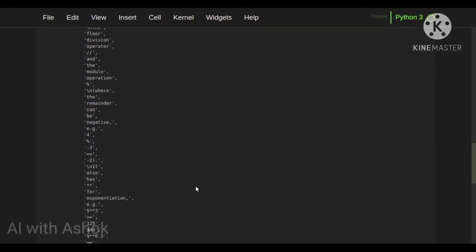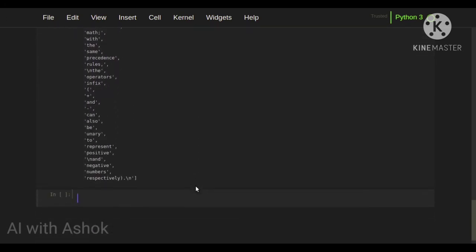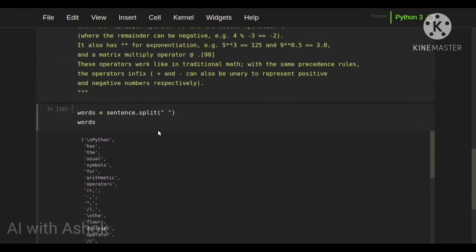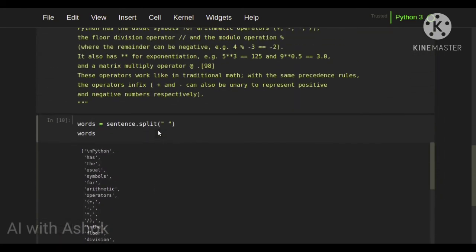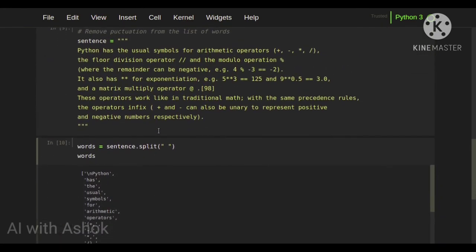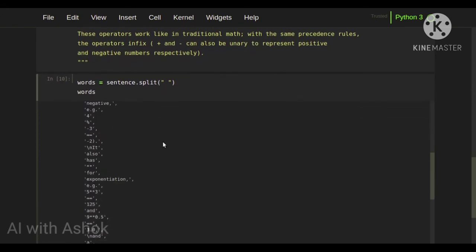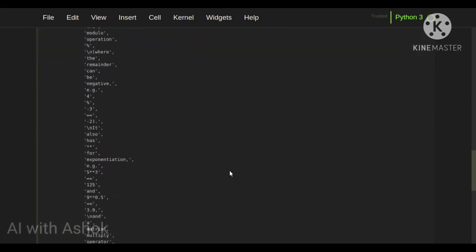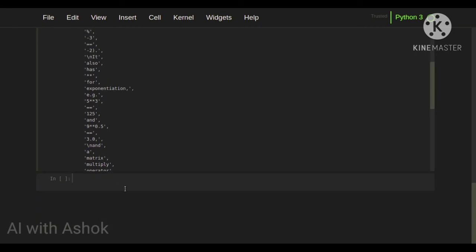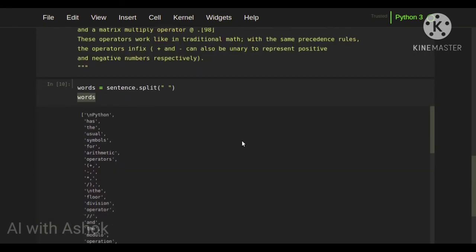Here we have those operators as a list, it's a lengthy list. Let's do this. Now we have the list of words from this sentence.